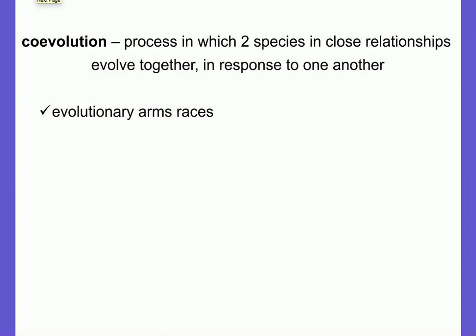Okay, coevolution, right, is the process in which two species in close relationships evolve together in response to one another. A lot of times this is going to be an example of an evolutionary arms race. Right, so I'm gonna give you one example here. We might talk about a couple more in class, but my first example would be like with a crab, right? A crab has one feature that obviously gives it an advantage. It has that pincer, it has that claw, right? And it's gonna use that claw to obtain its food,